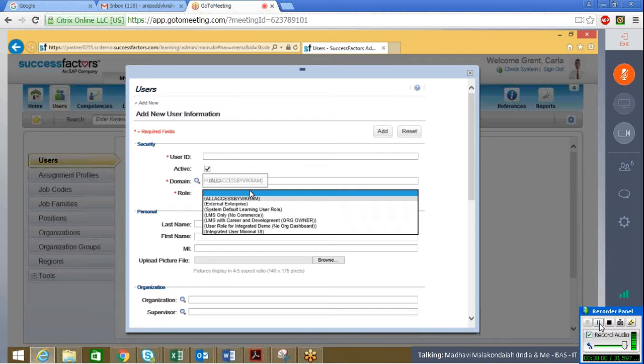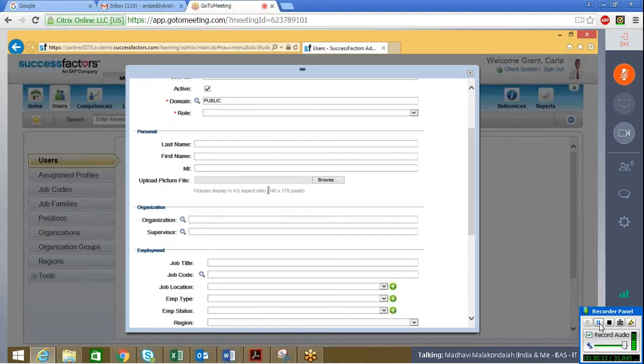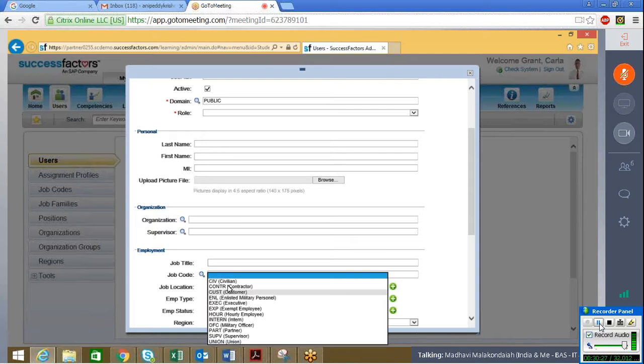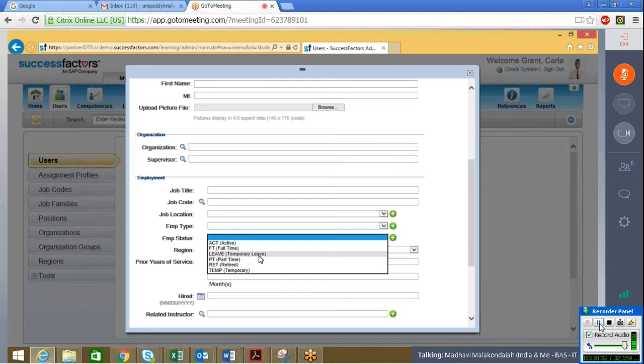So how many other roles we want, we can create, and whatever roles we create under references will be available under the drop down. So coming to name, we will give employee's first name, last name, and upload a picture if you want to, which org unit he belongs to, who is the supervisor of this employee, and what is the job title, what is the job code, what is the job location, employee type, we will give whatever employee type he belongs to, and what is the employee status, whether he is active, whether he is a retired employee, temporary, will be able to select, and then which region he belongs to,